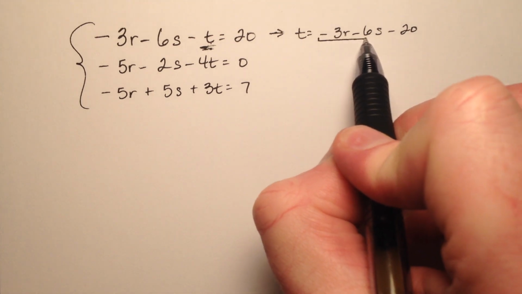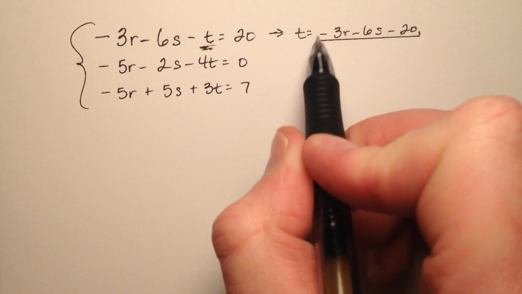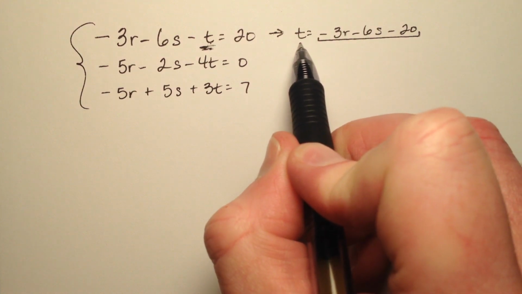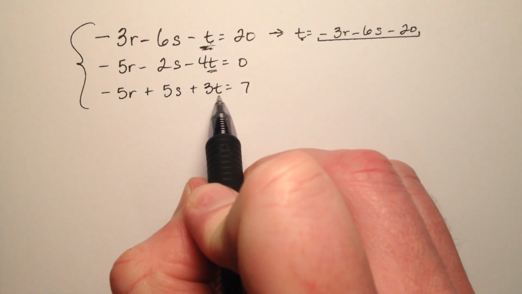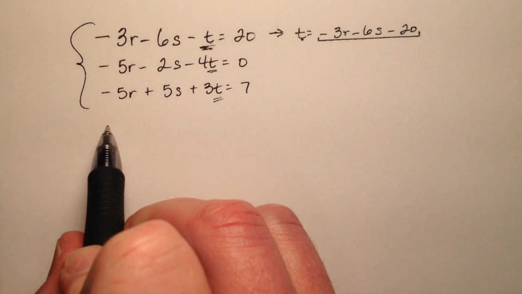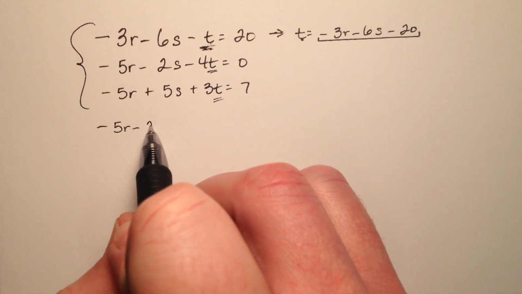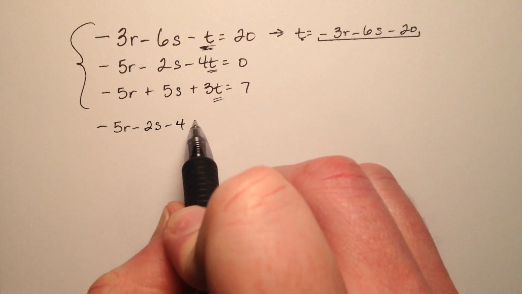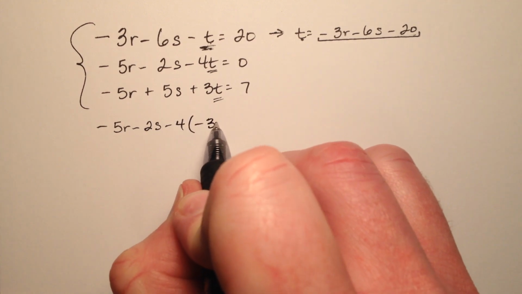So now I'm going to use this expression, negative 3r minus 6s minus 20, and I'm going to substitute it into the other two equations each time I see t. So here's a t and here's a t, so that's where it's going to be substituted. So let's look at that second equation, negative 5r minus 2s minus 4t, but t is going to be this expression,